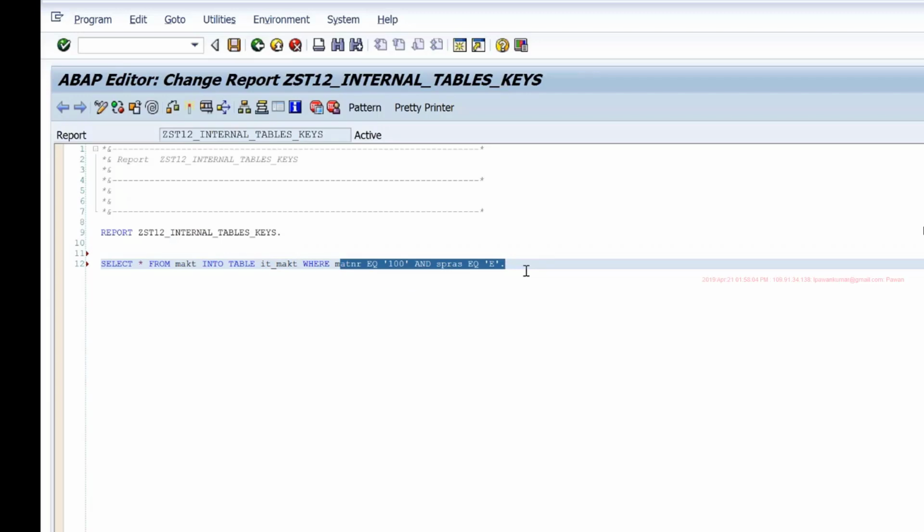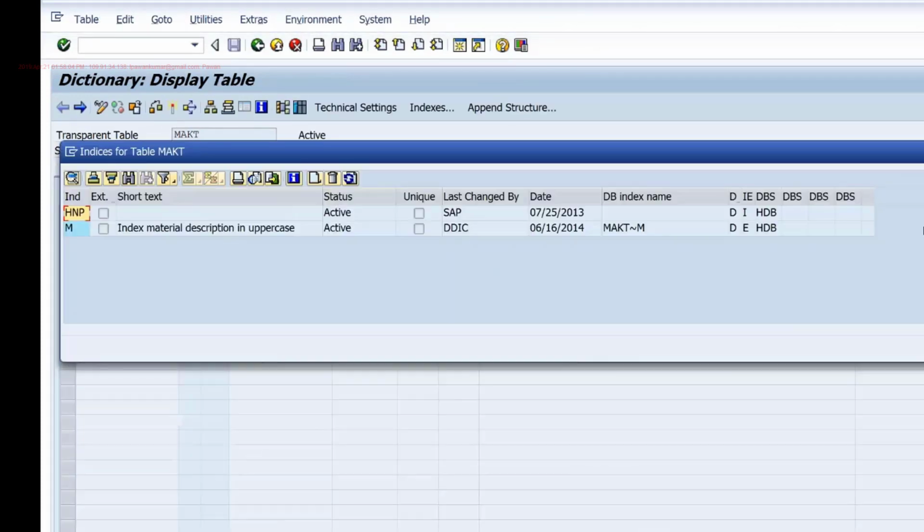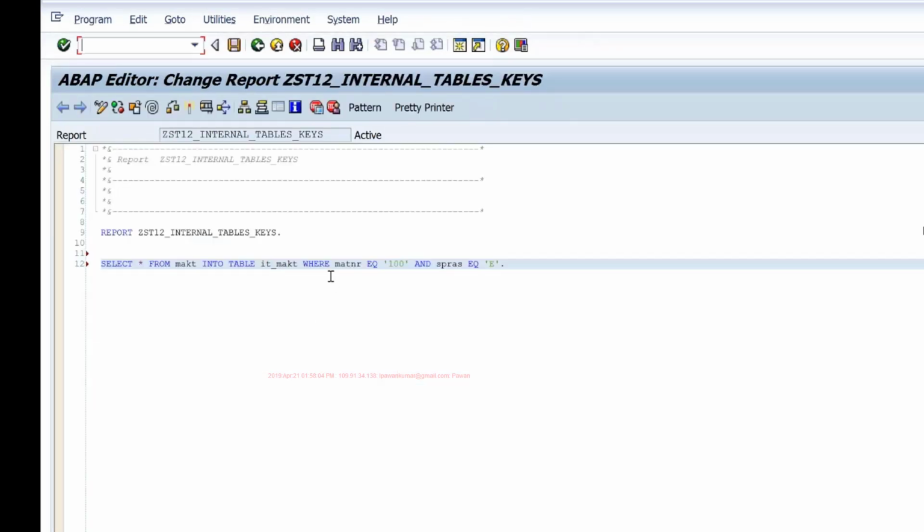But anyway, coming back to the topic, the key of the table basically helps in creating an index. Okay. Now, for this table, the primary key is MATNR and SPRAS. So if in my where clause I say where MATNR equals something and SPRAS equals something, it can take advantage of the index. But with the same fields, if I change the order, and instead of writing MATNR equals something and SPRAS equals something, I say SPRAS equals something and MATNR equals something, then the system won't be able to take advantage of the index.